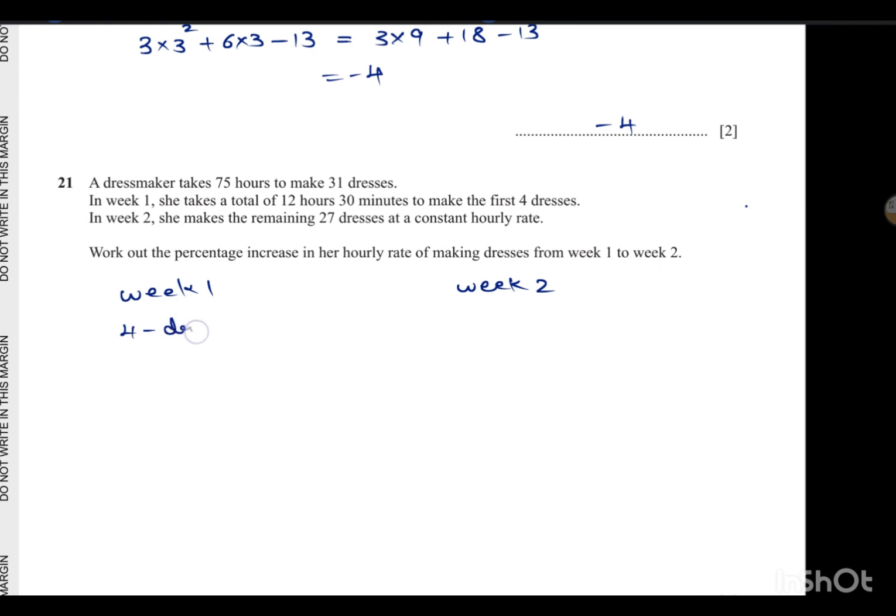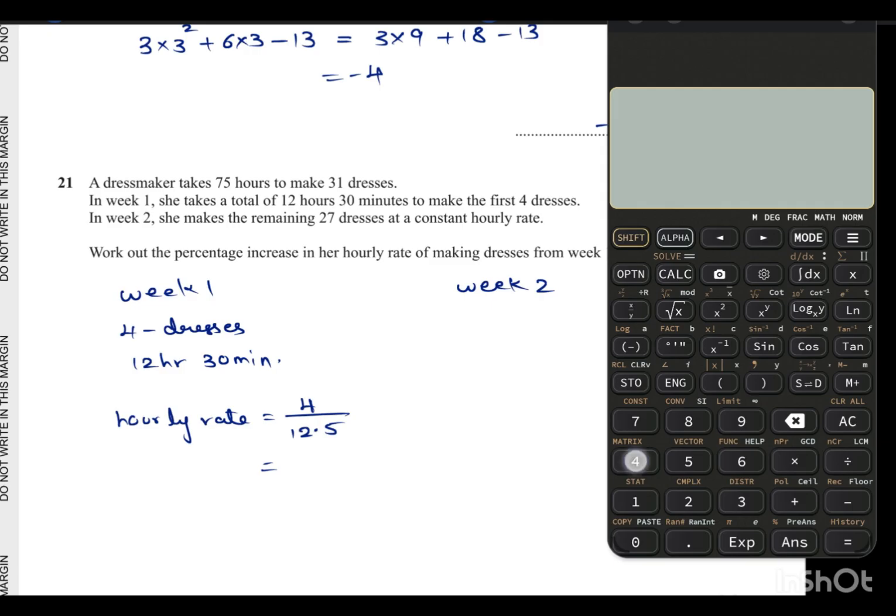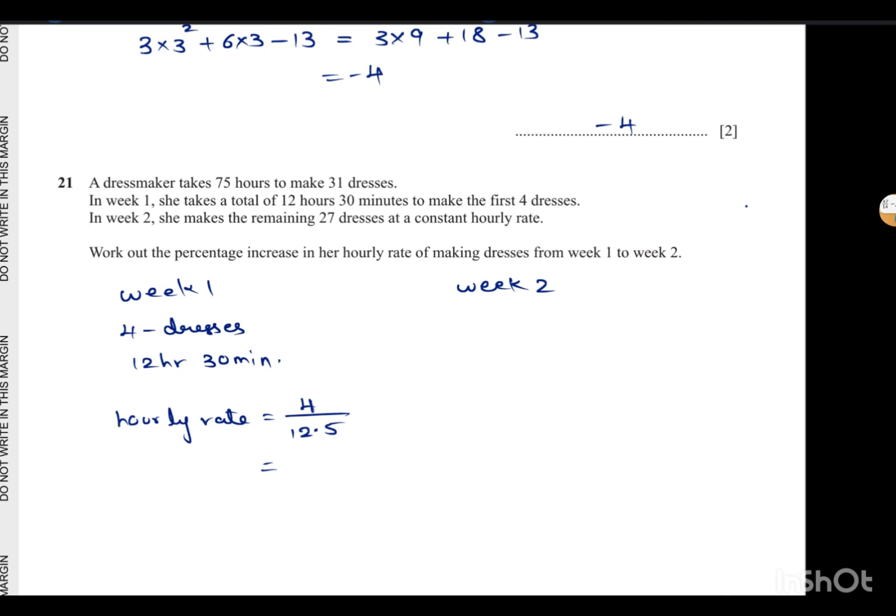4 dresses, 12 hours 30 minutes. So what is the hourly rate here? Find out. So hourly rate will be number of dresses divided by time. So time is 12 hours 30 minutes, so I am taking 12.5. 4 divided by 12.5, 0.32. 0.32 dresses per hour. Then week 2,